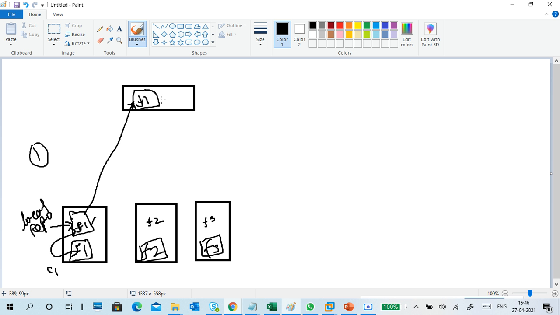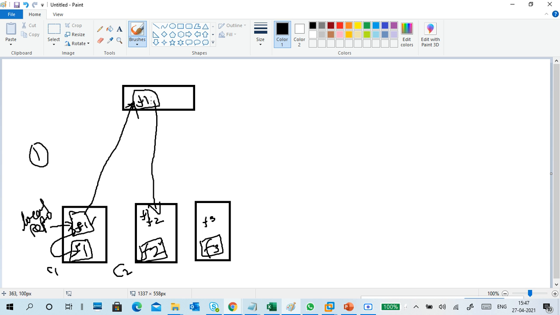This is the centralized repository. This is the central repository. This is the local repository. We are pushing from here to there. Obviously we are committing what changes occur, and then we push the data here. Now C2. C2 has F2 file. He created it, but he doesn't use anything. He pulls the configuration. When he pulls the configuration, the F1 file will come here also.